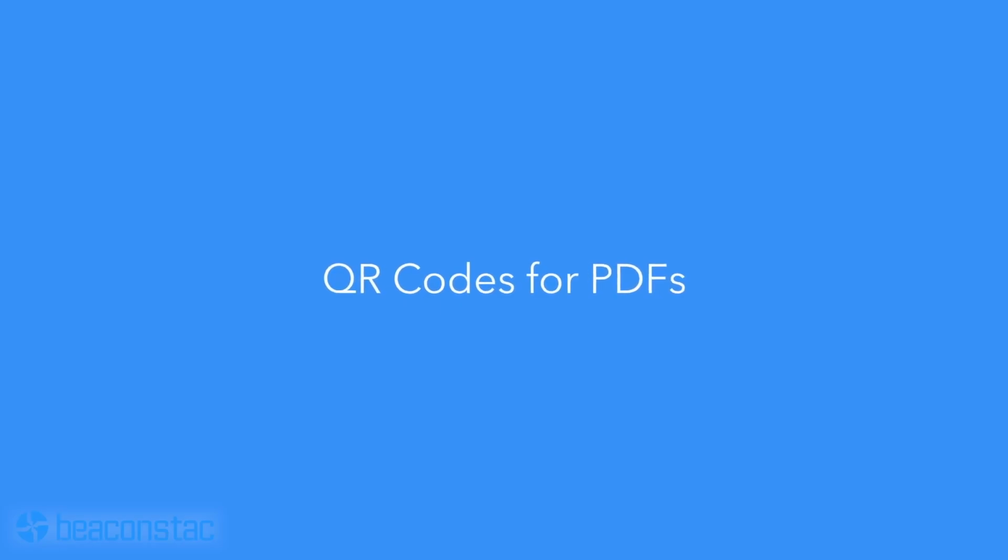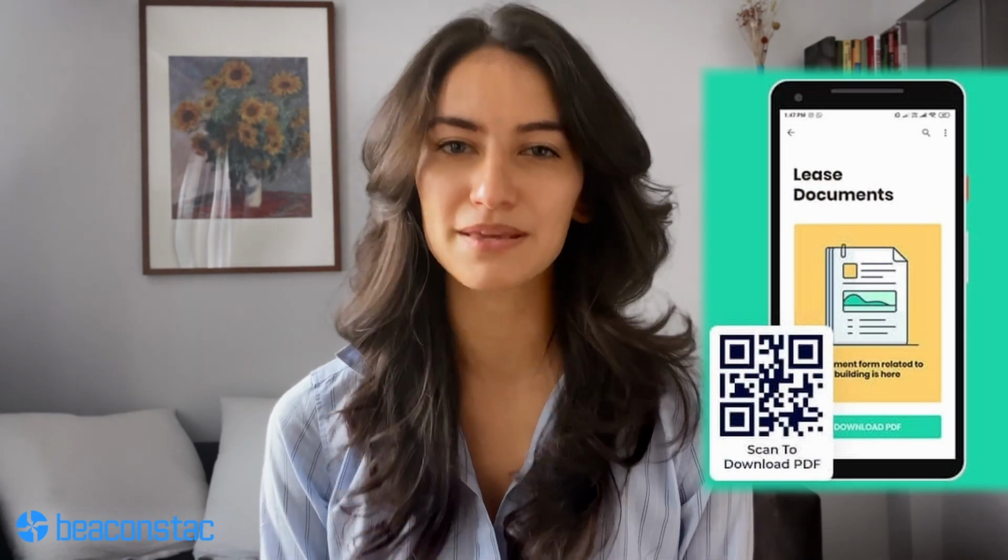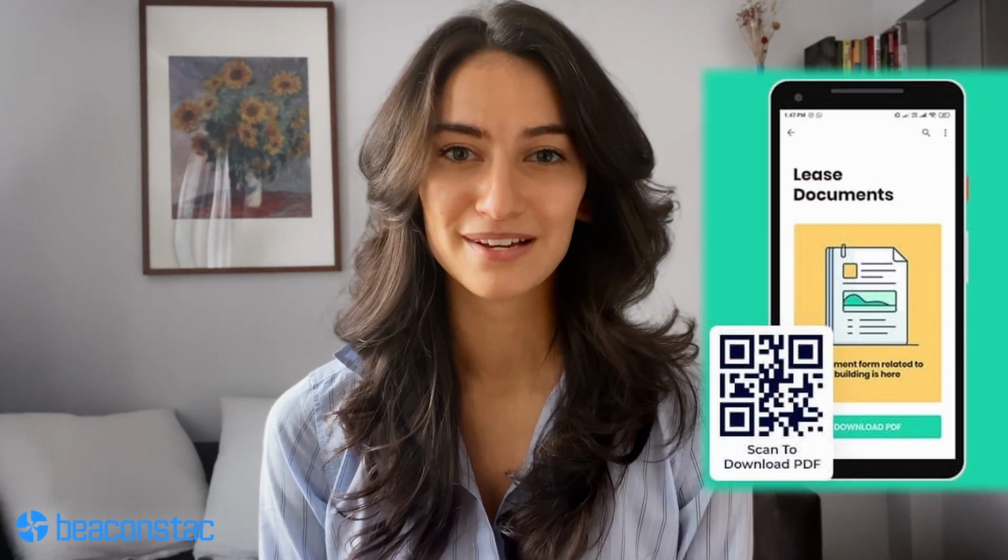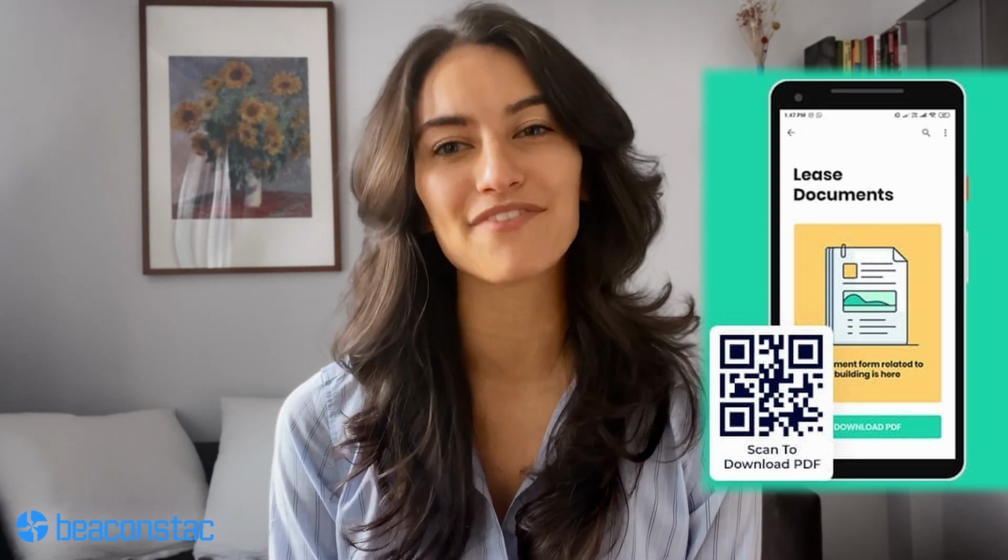QR codes for PDFs. If you need to share important documents, such as legally mandated files or user manuals, leverage a QR code. Skip email and simply make the switch to a PDF QR code. All you have to do is upload your PDF to the QR code that you want it to be attached to. Use cases for the same include product info on packaging, warranty cards, resumes, and posters. Users can access these files with a single scan. If you wish to password protect your QR codes, note that only a few QR code solutions like Beaconstack offer the feature.